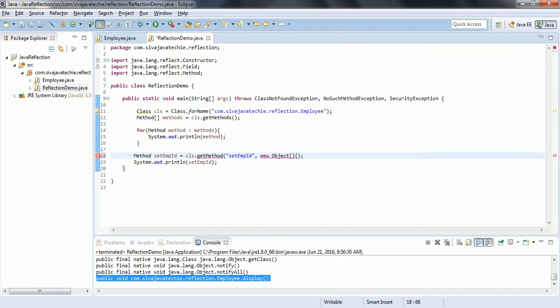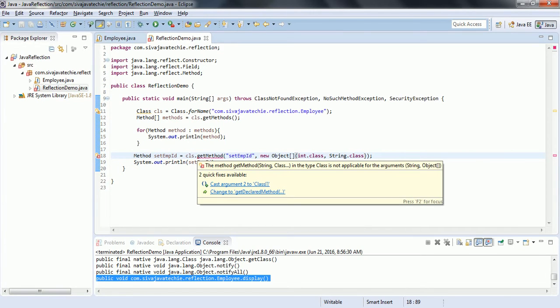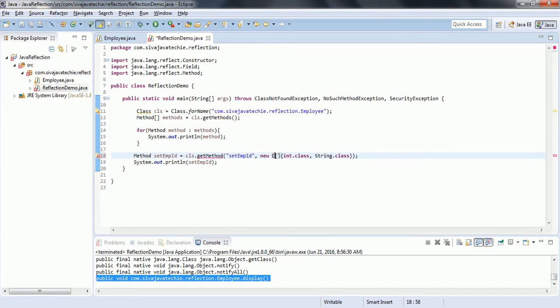Here you need to specify the data types. The first one is int.class, and the second parameter is string.class. Sorry, it is not the object array, it is the class array.